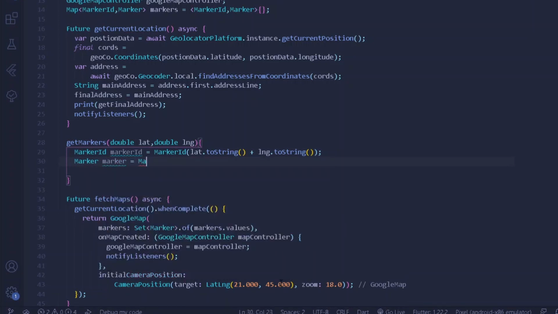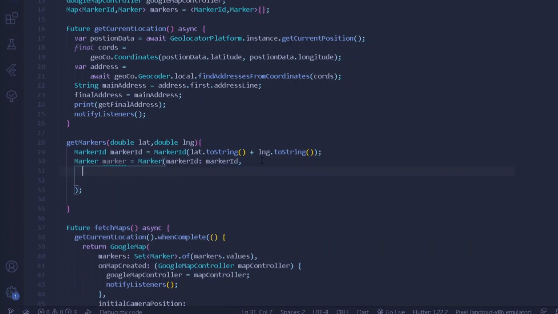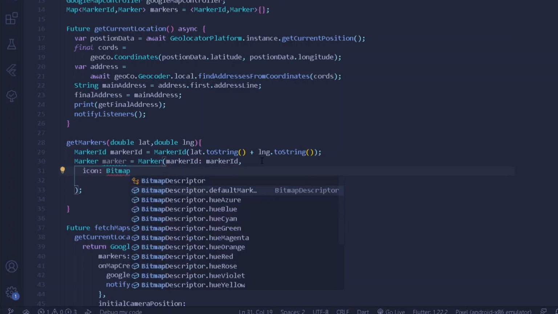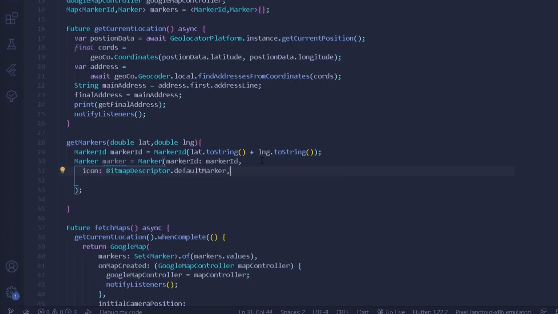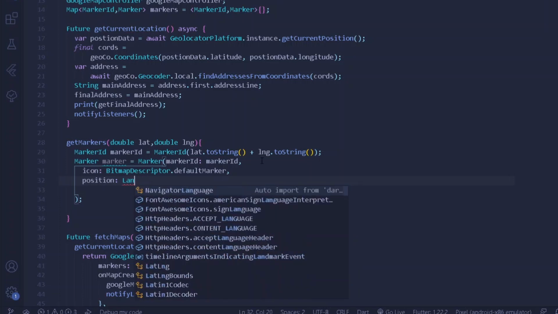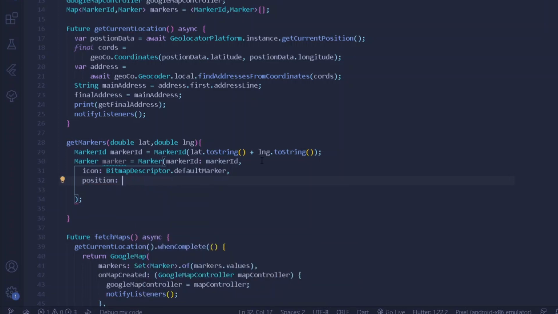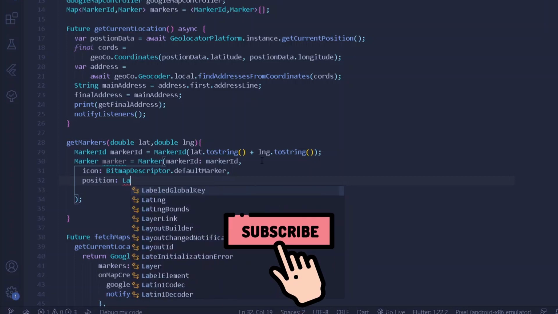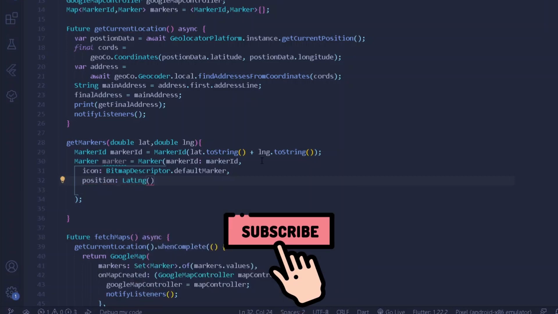Once we have done this, I will have my actual marker here to be a Marker that will be equal to the Marker class itself. Under this, let's provide the markerId. Cool. So once we have done this, under our entire marker method, we shall be having an icon, to be a BitmapDescriptor, or let's say defaultMarker. After that, let's have a position of itself, and for the position I can simply enter LatLng. Here I will simply add a latitude and longitude.